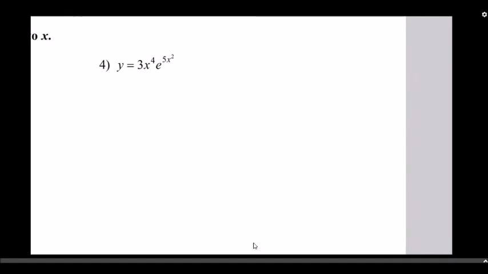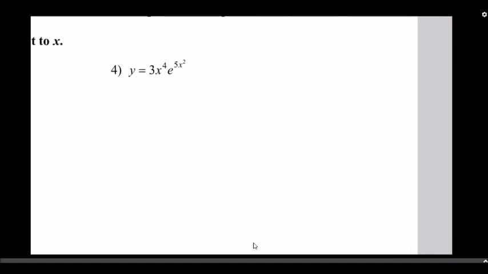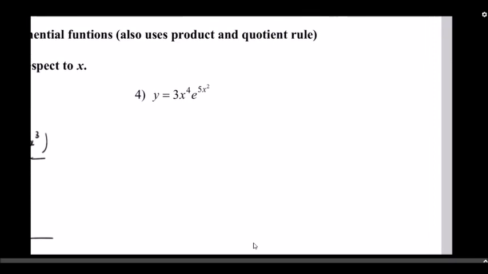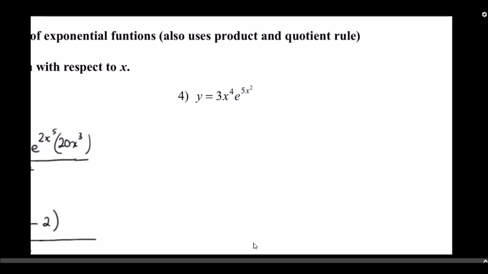Now over here for question 4, this is going to use the product rule. We have 3x to the fourth multiplied by e to the 5x squared. So this is an f prime g plus g prime f situation, just product rule. So the derivative of the first factor of the product, f prime, that's going to be 12x to the third, so f prime times g